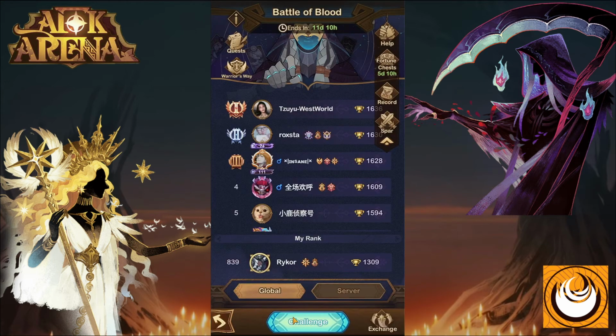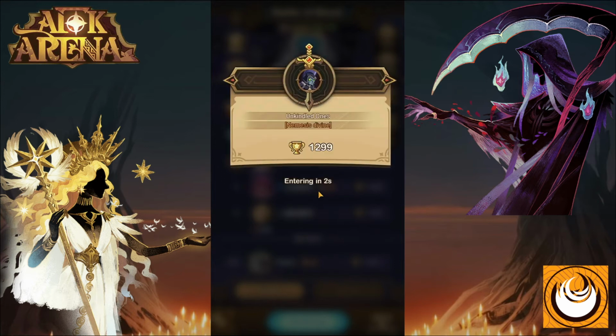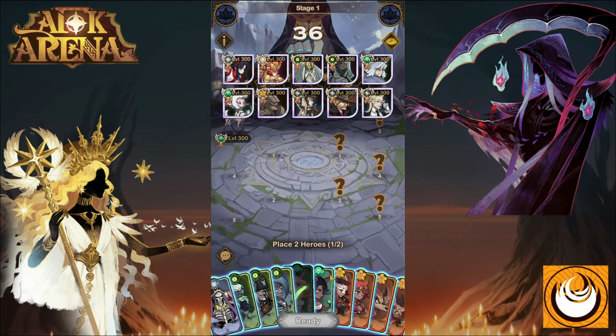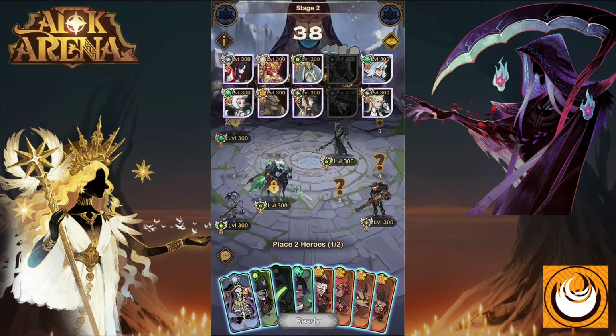So the first thing that you do is you click challenge, and then the matchmaking process will begin. As soon as you have matched with your opponent, you'll immediately begin the battle and start with 10 hero cards. As you can see, both yours and your opponent's will be completely different and random each time you do battle. Now, you have to choose 2 heroes, and as soon as your opponent has chosen 2 heroes, you'll be able to do the same and pick your next 2 heroes. Up until you have picked all 5 heroes, the battle will immediately begin and you'll be able to see the